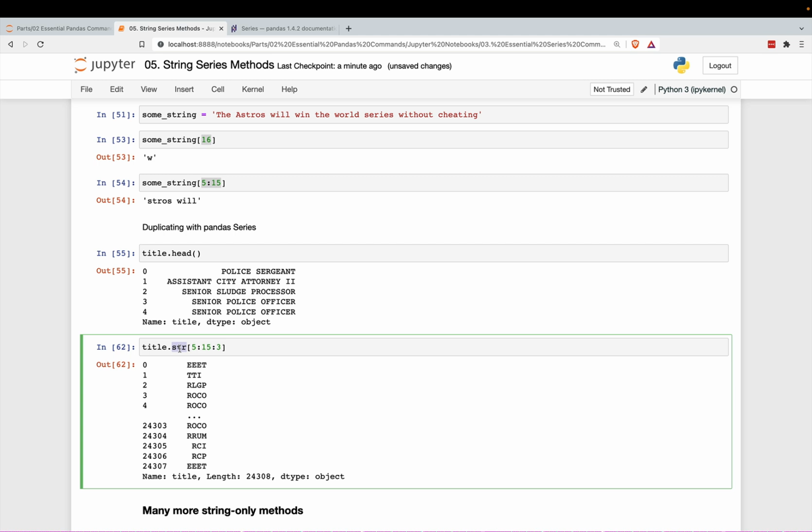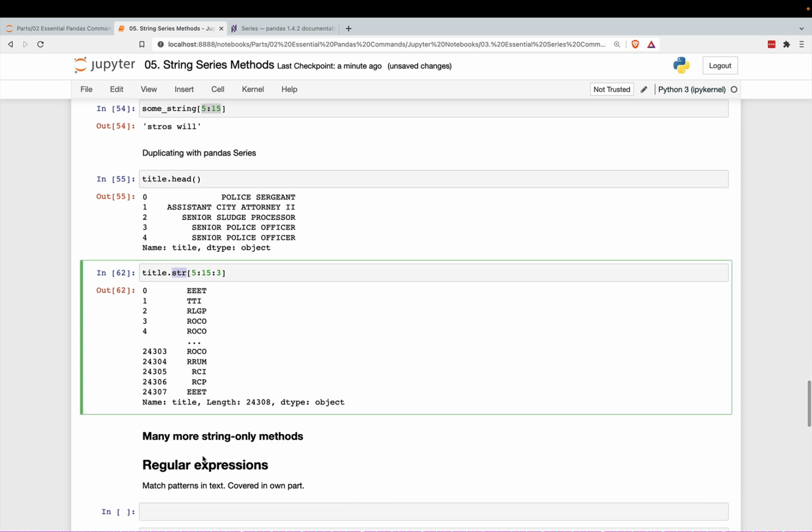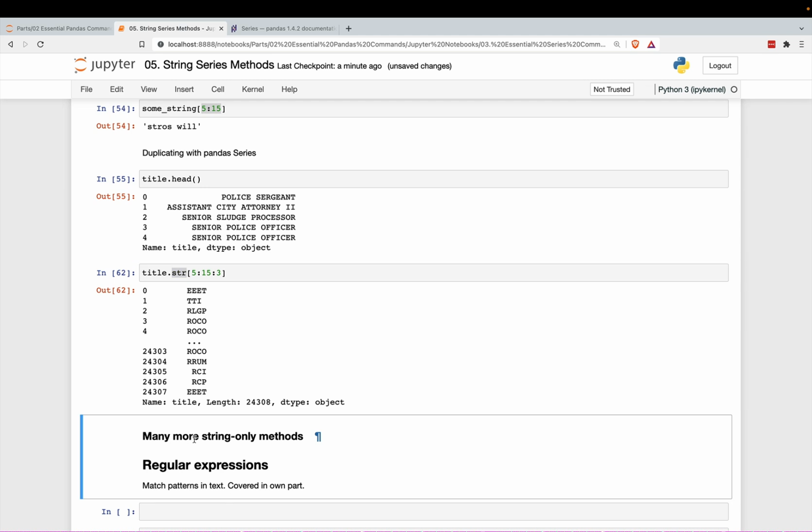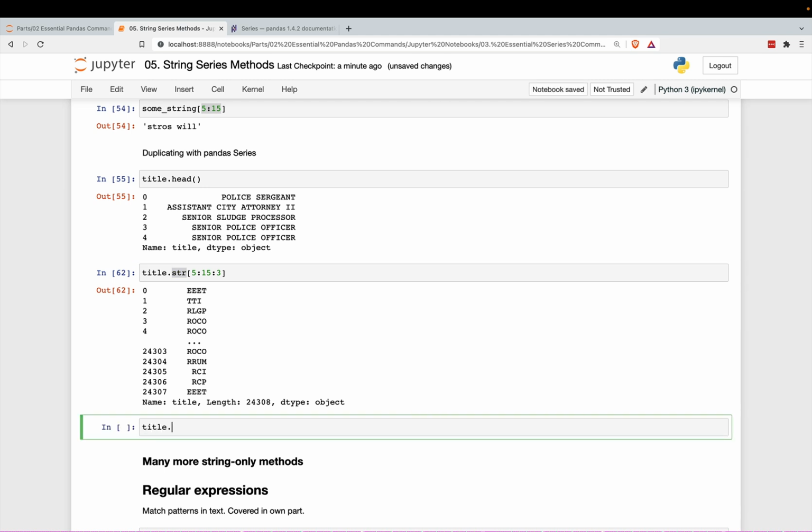Okay, so that wraps it up for this chapter. I do want to mention that there are many more string methods that you can now explore. So just do str.tab and you can see all of these. And this is a great way to practice. Just go through here and try to read the documentation and see if you can get it to